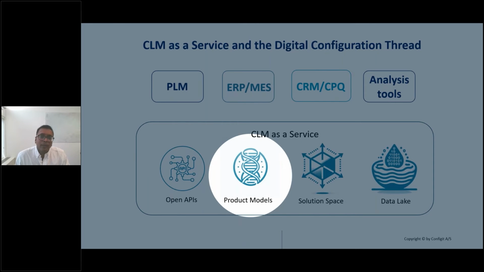In order to model the complexity brought about by customization, personalization, and sustainability requirements, there needs to be a technology capable of handling this high complexity. Product models built on Configit's proprietary VT technology are the only ones on the market which can handle this type of complexity at scale. So with product models acting as the basis for managing what is offered to the customer, we also need to be able to track changes over time. And with CLM as a service, we're able to add the time element needed to do any kind of useful analysis.